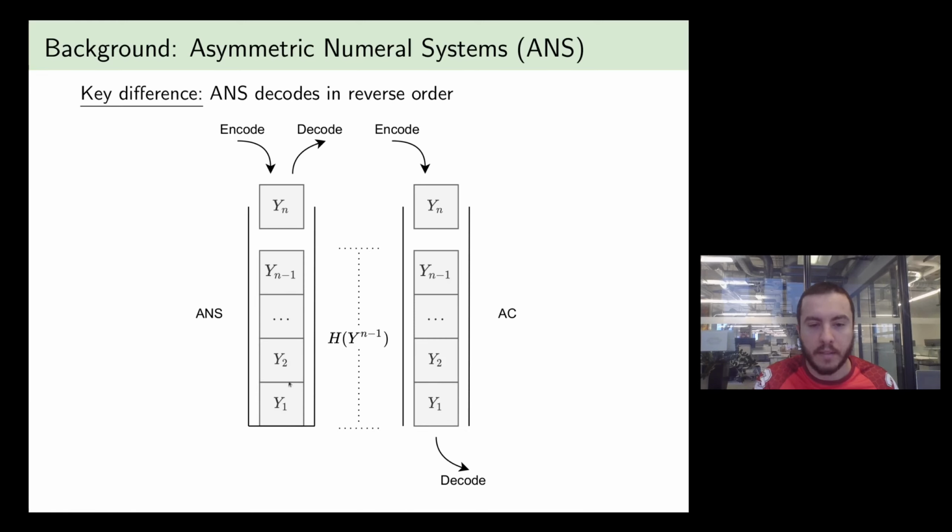But in ANS, the first symbol that you encoded will actually be the last one to be decoded because it works in reverse order. And in this diagram, we're representing the size of the stack or the length of the queue by the entropy of these symbols. So let's keep this diagram at the back of our heads because we'll be using it extensively throughout the talk.